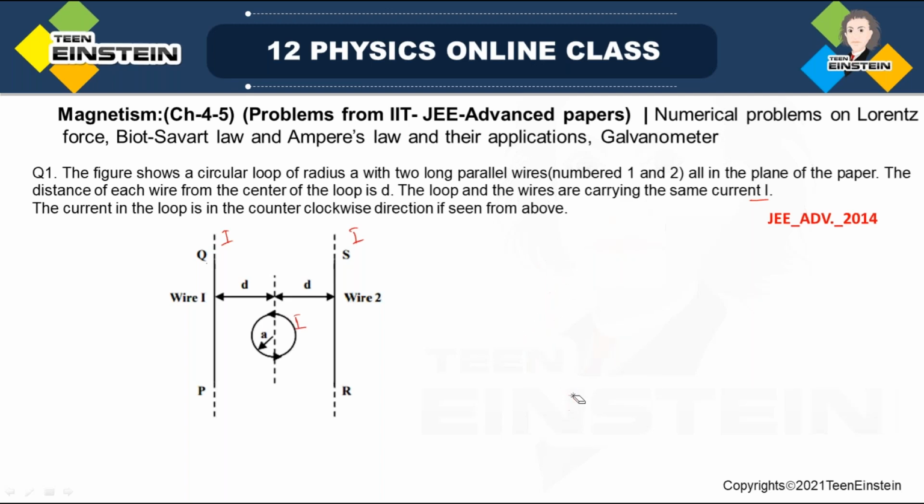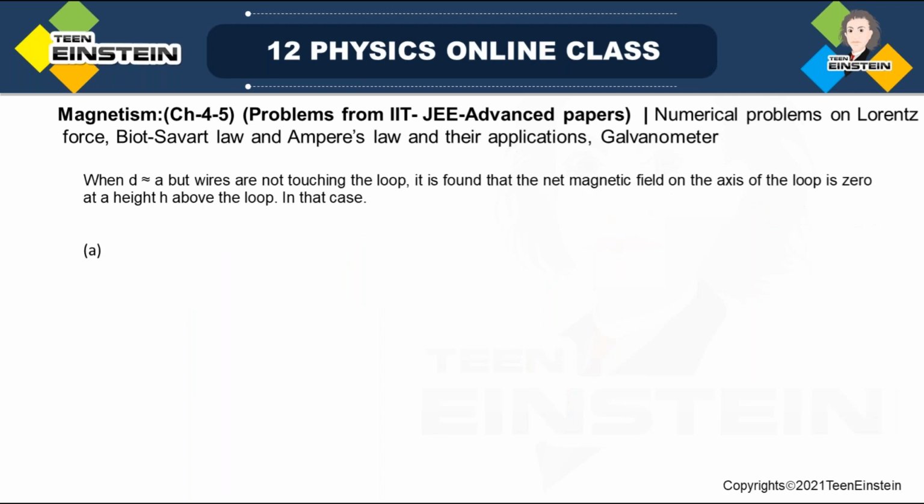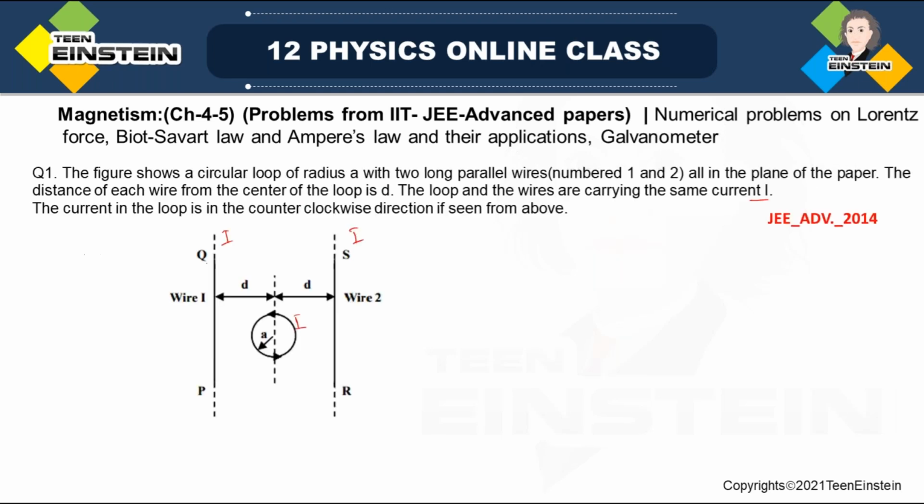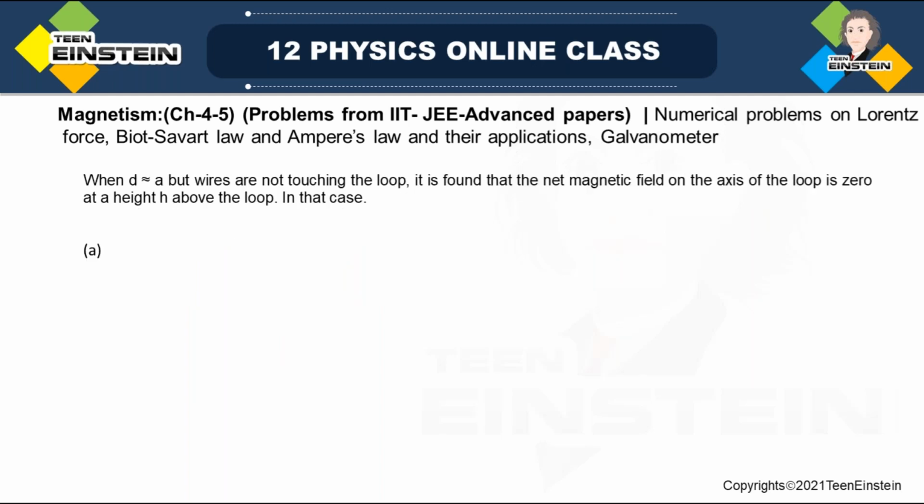Now there is a question. The question is: when d is nearly equal to a, but the wires are not touching the loop, d and a are nearly equal but not touching the loop, it is found that the net magnetic field on the axis of the loop is zero at a height h above the loop. In that case, the question is,